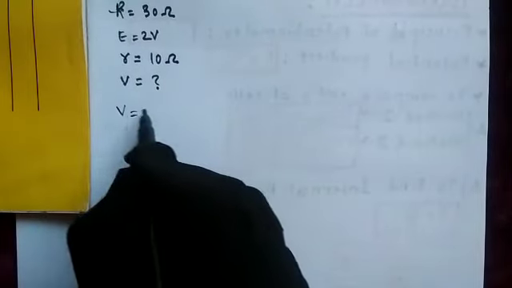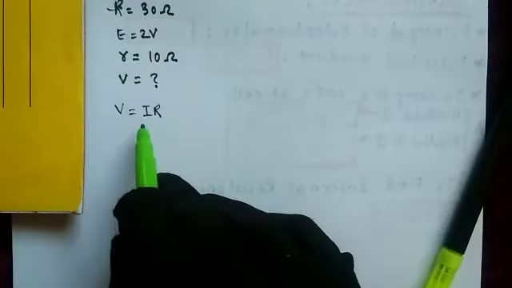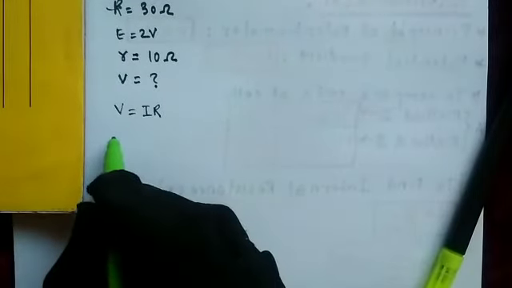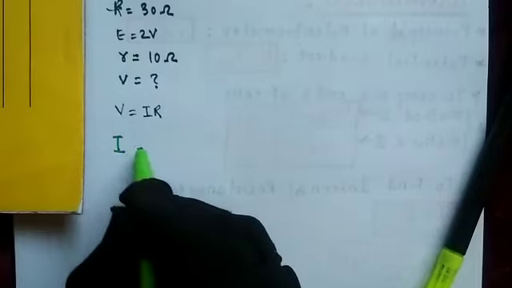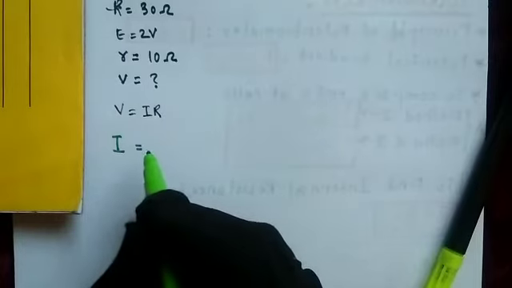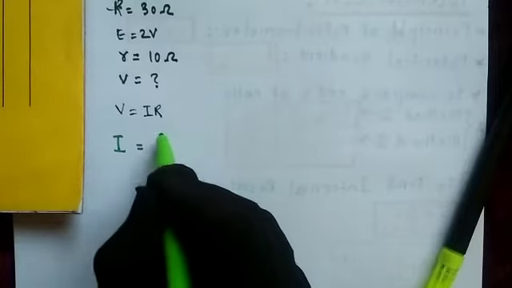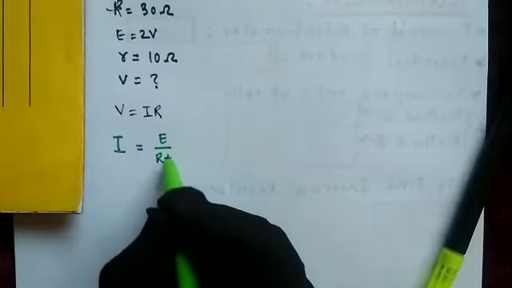So these are the data given. The basic formula for finding V is V is equal to IR. That is the basic formula according to Ohm's law. Fine. Now we have R. We have 2 resistances. One is the internal resistance, another is the resistance of the voltmeter, and we don't have I. So first we have to find the current, so that we can substitute the values here and find the voltage.